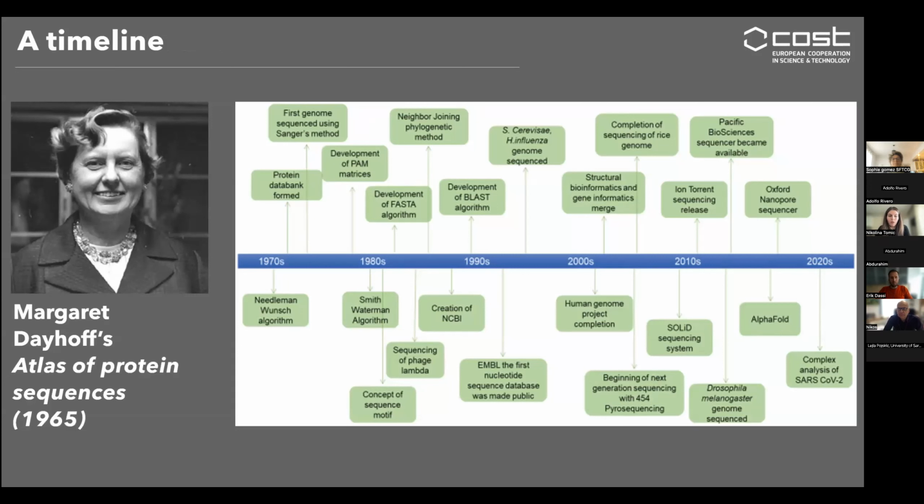But in reality, it dates back to 1965, especially to the work of one scientist, Margaret Dayhoff. And she basically started collecting protein sequences, which at the time were quite few, and storing them on punch cards. So the then equivalent of USB keys, very old-fashioned USB keys. And so she made this first database of protein sequences available to researchers who wanted to use them. And since they were on punch cards, they could be processed by computers of that time